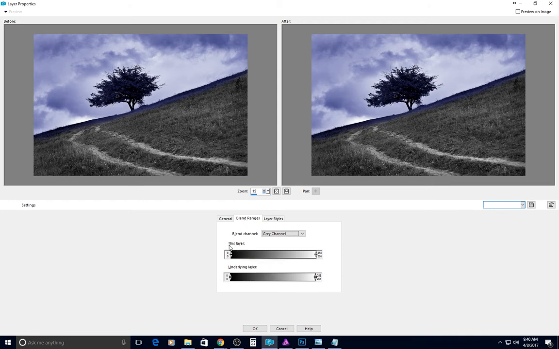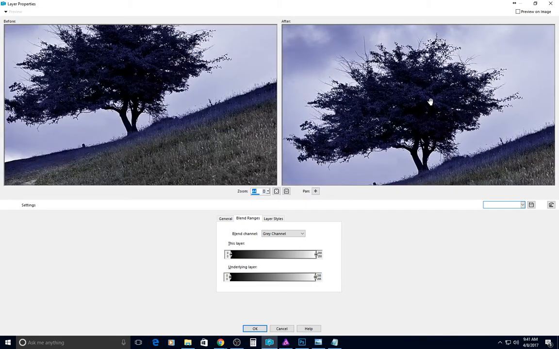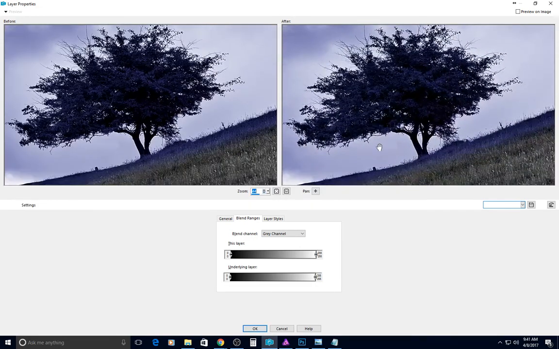So blending will make a color visible or invisible based on some things that are going on in the photo. So we're not going to do this layer, we're going to do the underlying layer because that's where this tree is. It's on the underlying layer. Now we don't want this blue to show up on the tree. Let me zoom back in a little. And the tree is dark. So we will go to the dark end of this slider on the underlying layer, and we're going to start